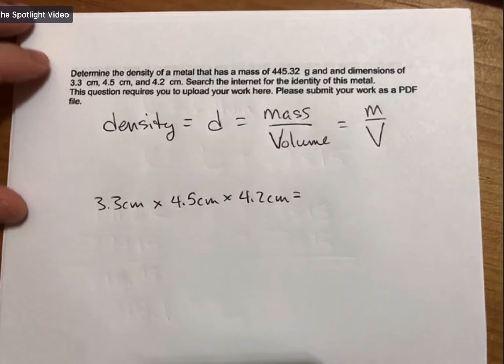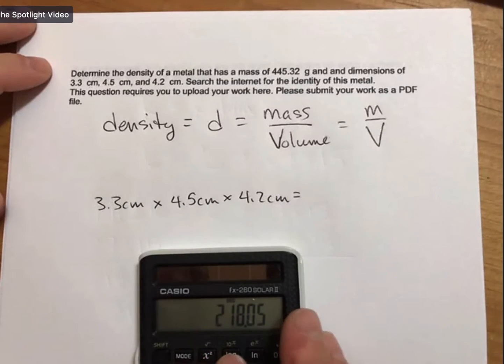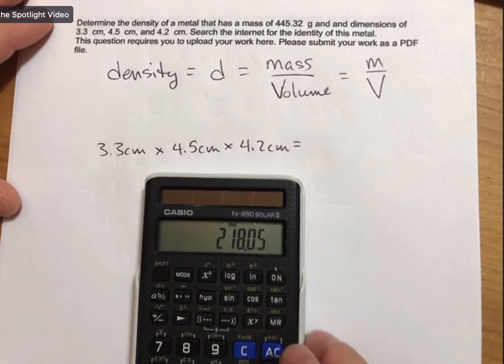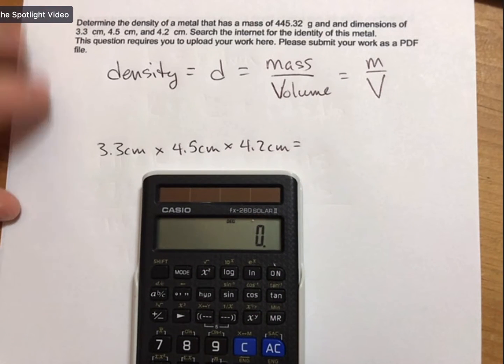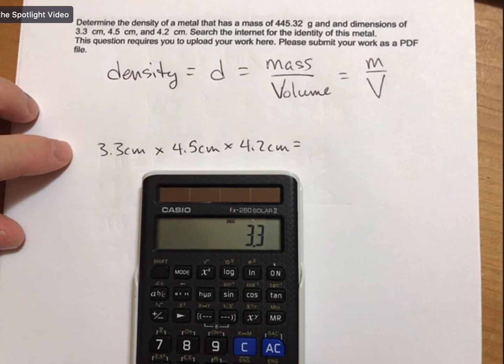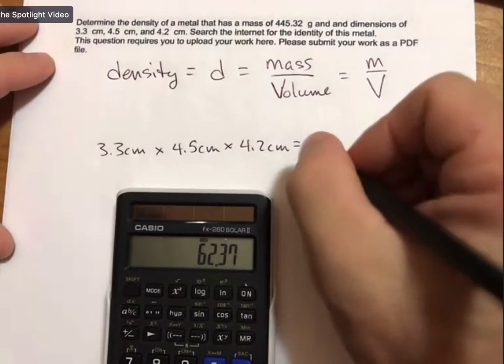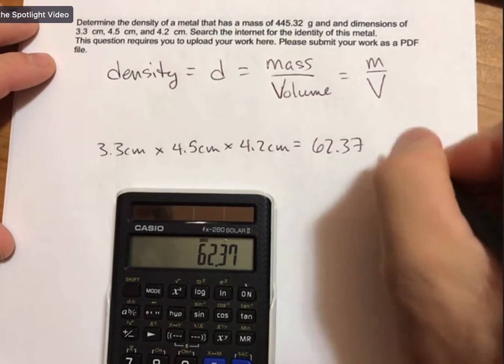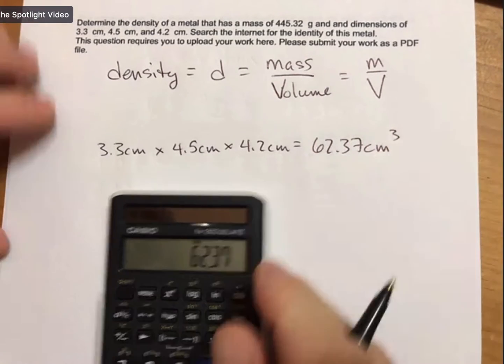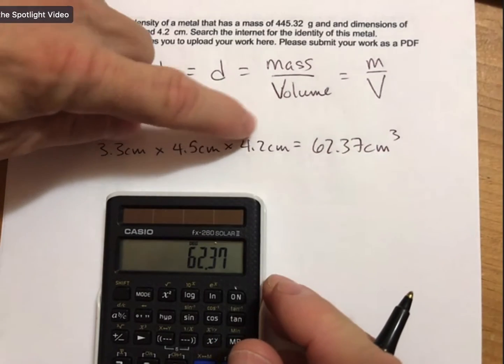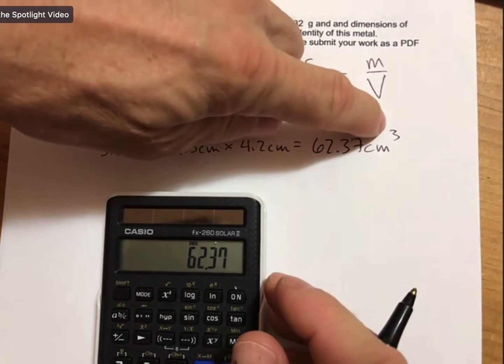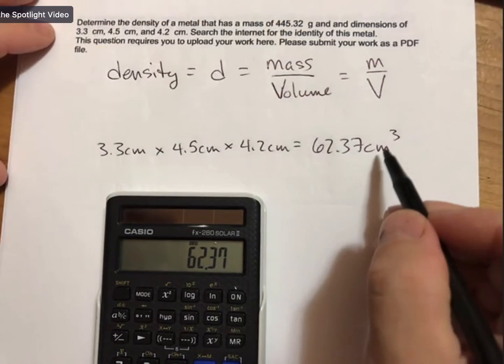Let me go ahead and multiply that out. 3.3 times 4.5 times 4.2, 62.37, and that's going to be units of centimeters times centimeters times centimeters, or centimeters cubed, and that's our good units